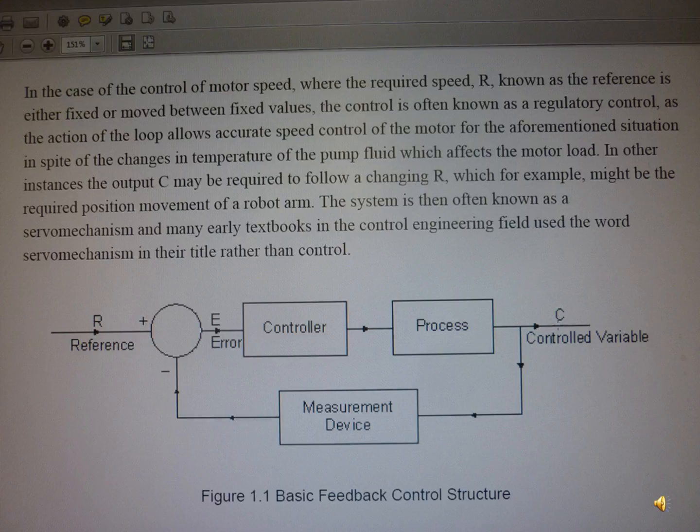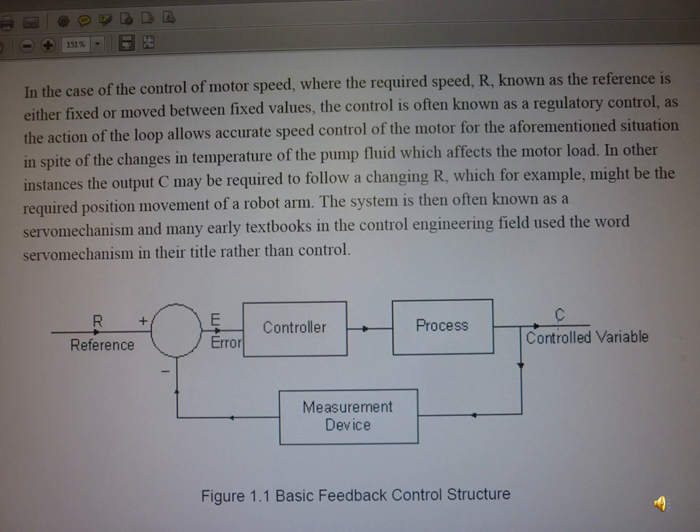This is the basic feedback and the control structure. In the case of the control of the motor speed, where the required speed is known as a reference, the control is known as a regulatory control, as the closed loop allows accurate speed control of the